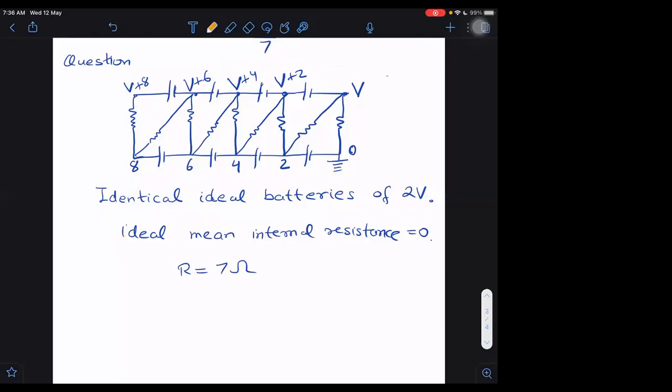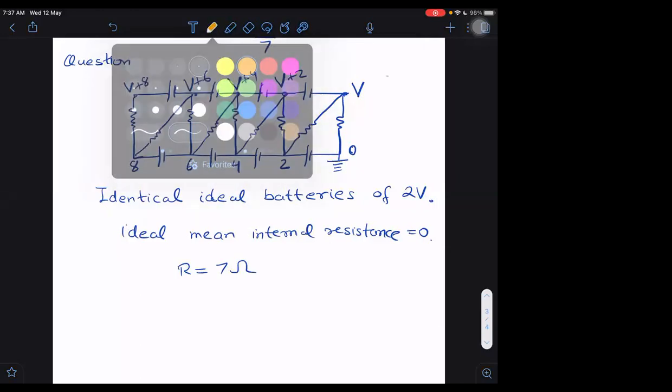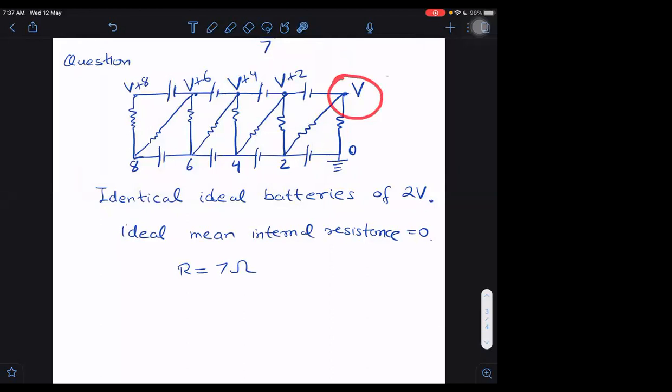Let me give you, just tell me which node. For example, at the first corner, this place, V. What is your equation for this? Definitely you have to write it properly. Maybe you are not writing it properly. What is your equation for this? V by 7 plus (V minus 2) by 7 equals 0. V minus 2 by 1 plus V minus 0 by 7 plus V by 2 by 7.